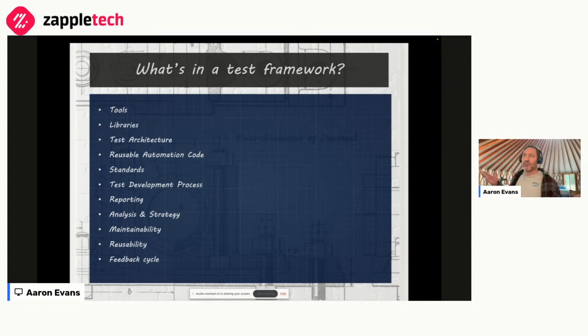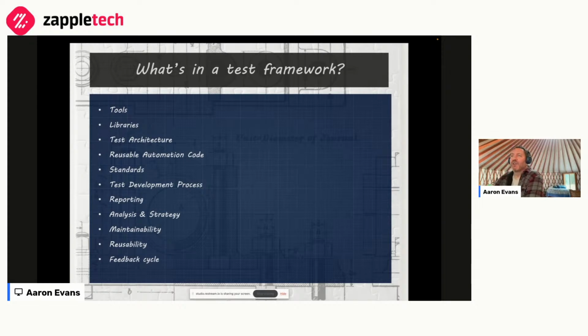So the tools, like all these tools we've talked about, are part of your test framework. The libraries you're using, say Selenium. It could also include a logging library, like Log4j. Don't use Log4j. A couple years ago, there was a security vulnerability in Log4j. That's why I just said that. Other libraries that you may use, including things like Rest Assured for API testing, could be part of your test framework. And again, the difference between a tool or a library or a framework may be ambiguous, and you can argue semantics about that.